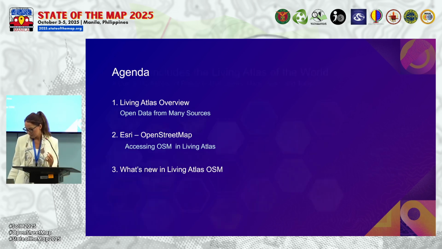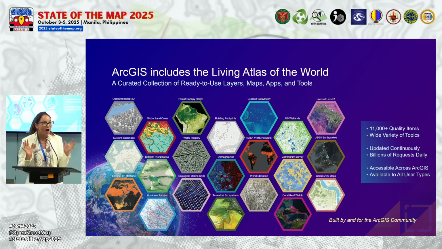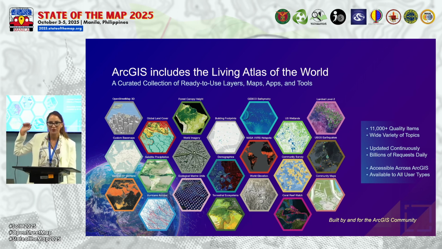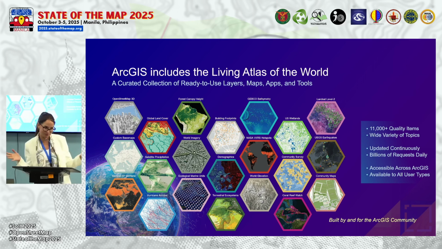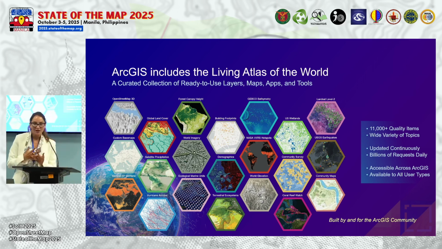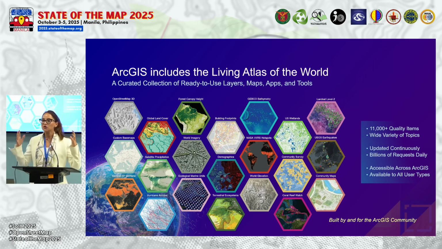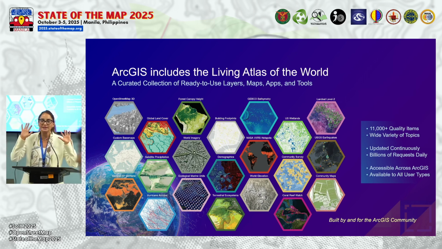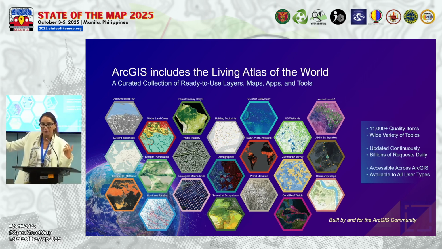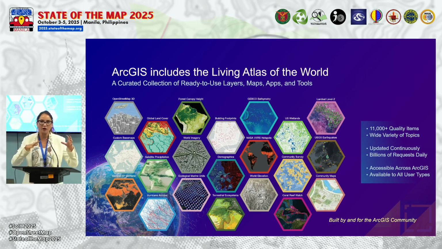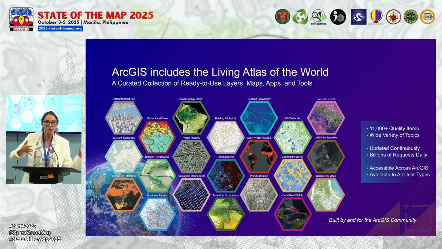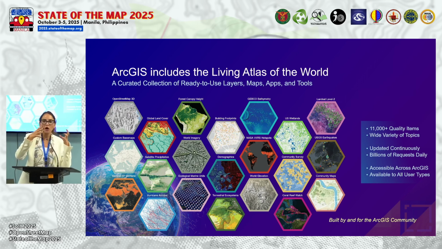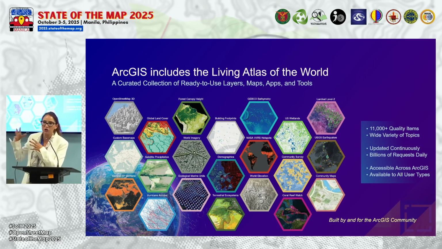Before starting, I'm curious, how many of you ever used Living Atlas or ever heard of Living Atlas before? There are some people who never heard of it. Just to explain, ArcGIS Online hosts millions of datasets, like 10 million, let's say. Out of those, at least 7 million items are shared publicly. But some of the items are test items, and they don't have descriptions, while some are really high quality items. Living Atlas creates those high quality items and shares them with our user community.